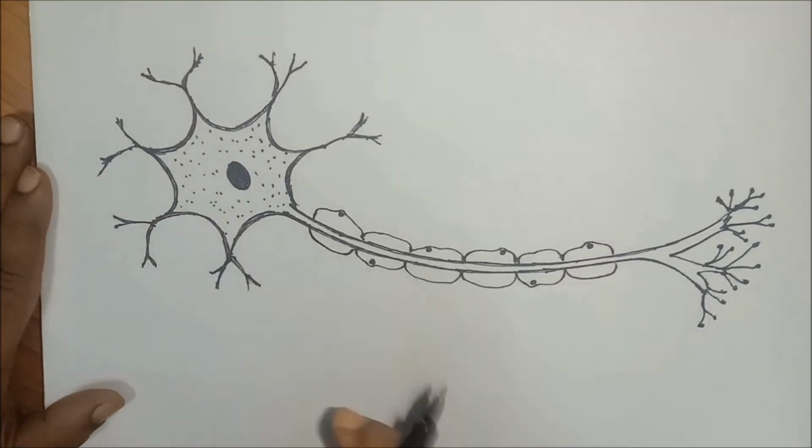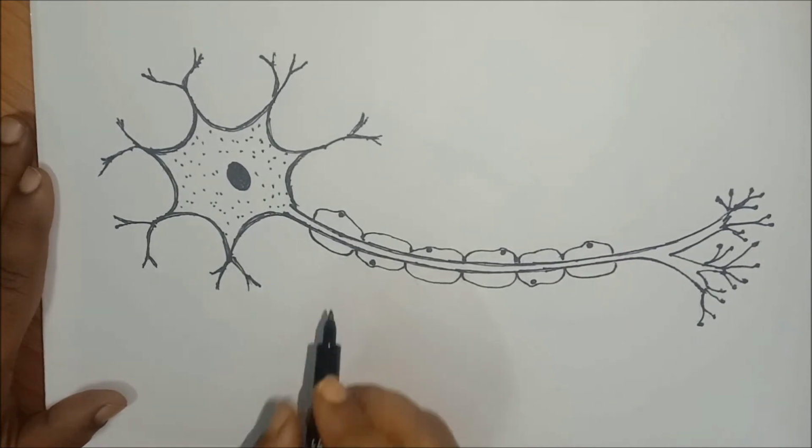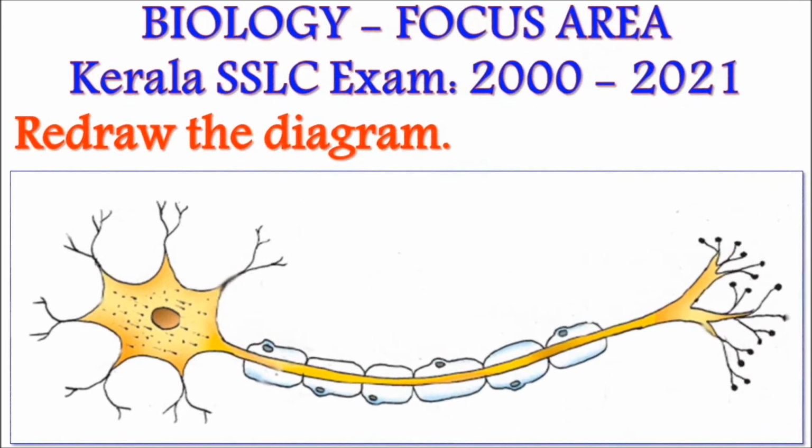Now what we have to do is, we have to label the parts. So we will do that. In your previous year question papers, we can see that they have asked mainly for 3 things. So here we will be identifying and labeling it only. Keep one thing in mind, that the type of question may vary as you can see. So the first thing that you have to do is, you have to learn the functions properly. And when you know the function of each part, then you will be able to identify it and label it correctly.